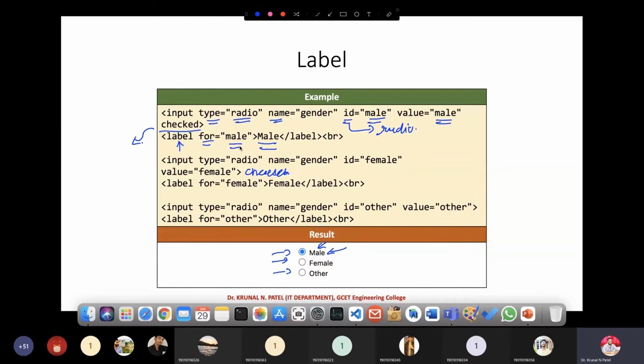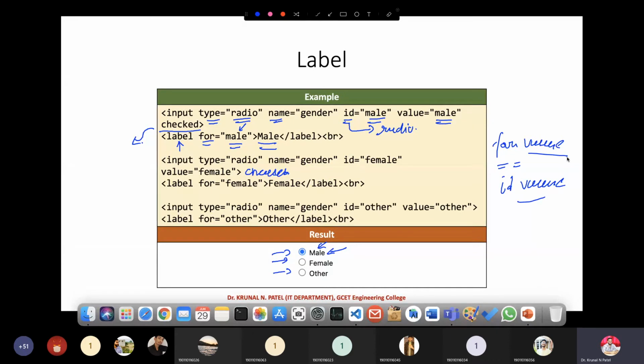So what is happening here? The for attribute value should be equal to the ID value, and then your text is going to be clickable.